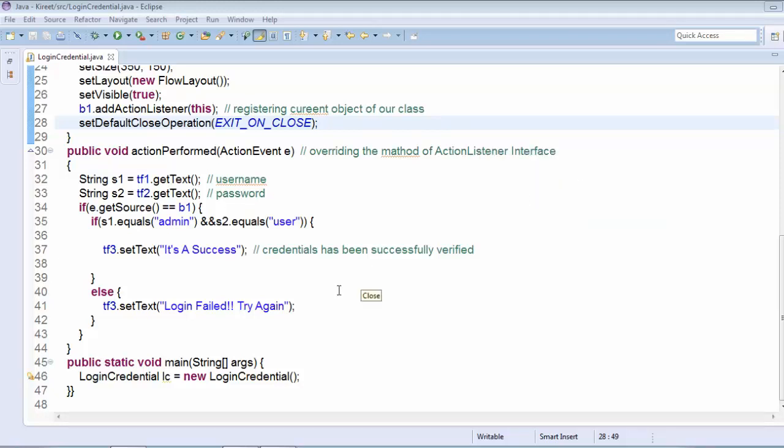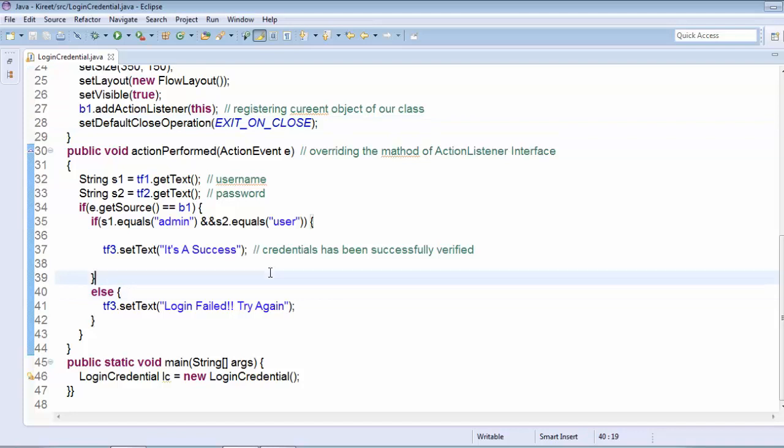So what we have to do is use a class in Swing, the JOptionPane class. This provides the dialog box.